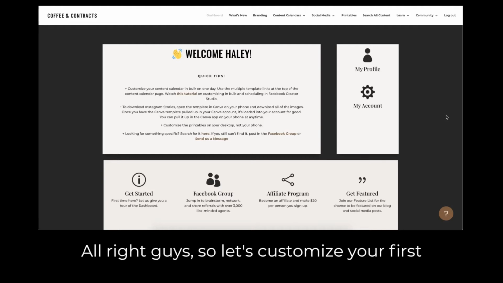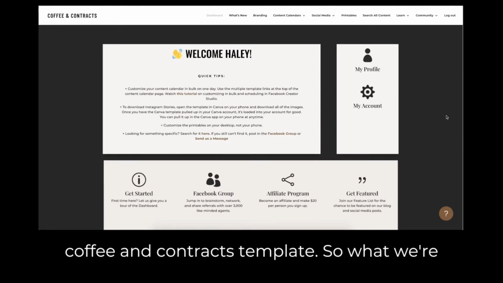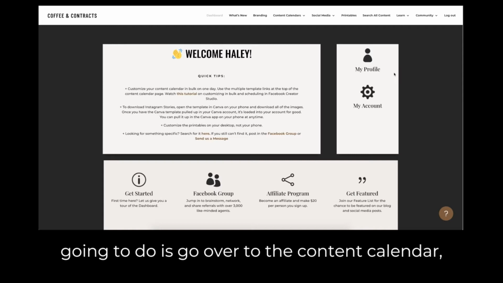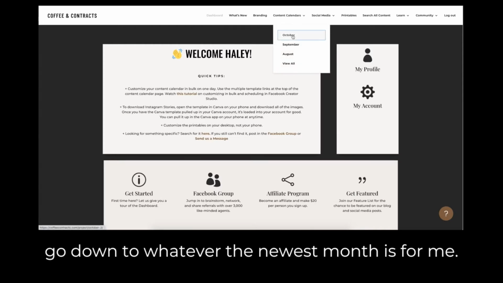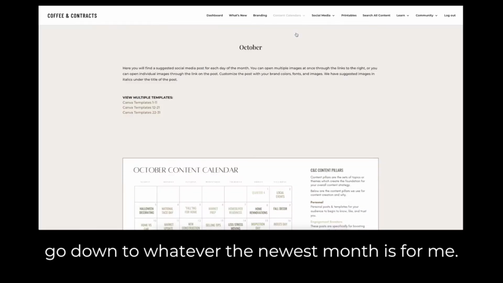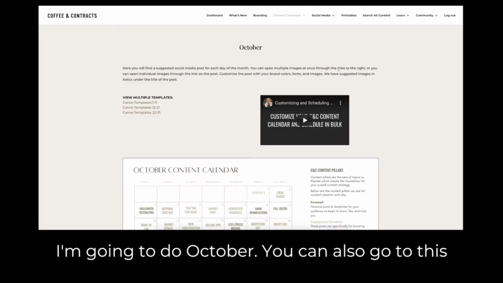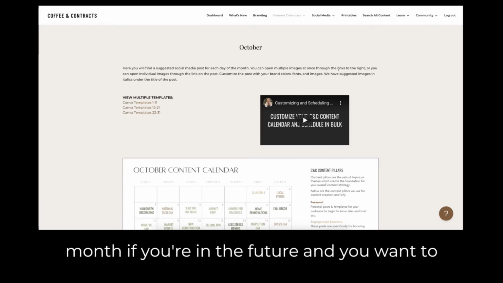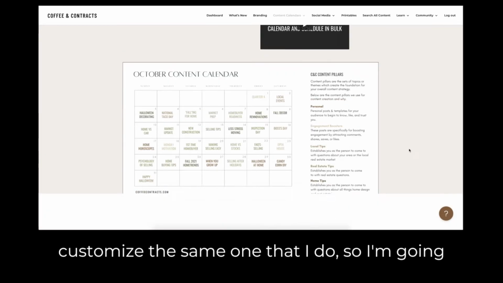All right guys, so let's customize your first Coffee and Contracts template. So what we're gonna do is go over to the content calendar, go down to whatever the newest month is. For me, I'm gonna do October. You can also go to this month if you're in the future and you want to customize the same one